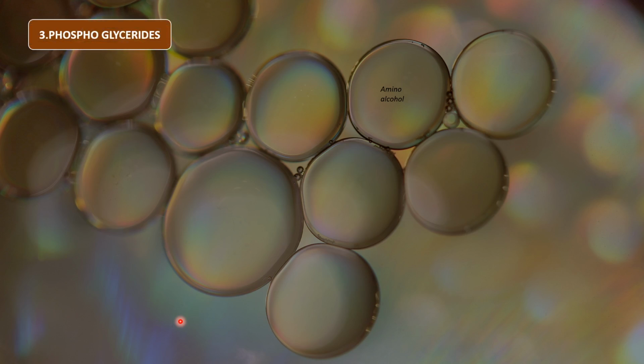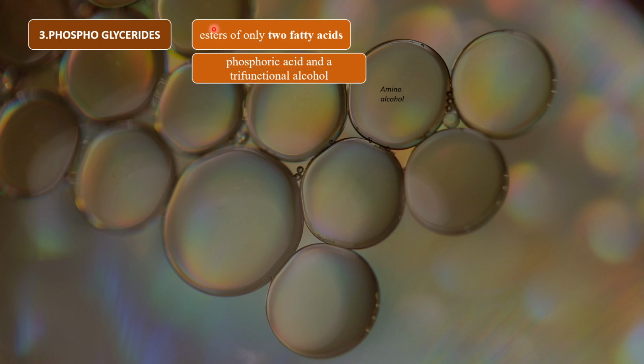Then we move towards the third ester of fatty acid, which is phosphoglycerides. These are esters of only 2 fatty acids, which means they are formed by only 2 fatty acids, and there would be one phosphoric acid, one phosphate group, and a trifunctional alcohol. So this is actually the